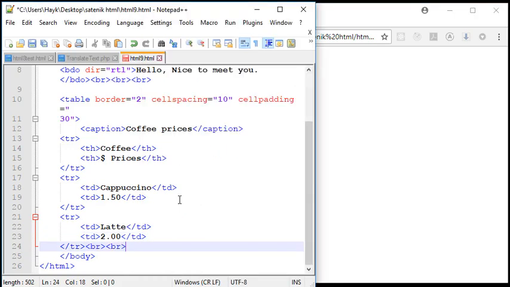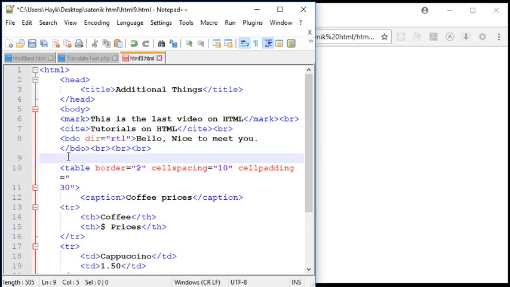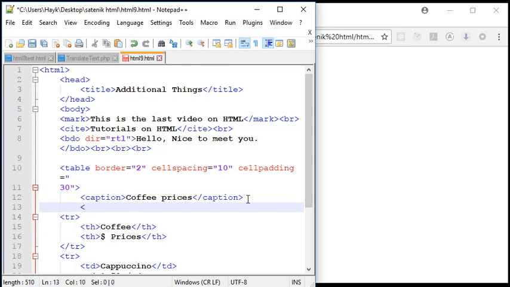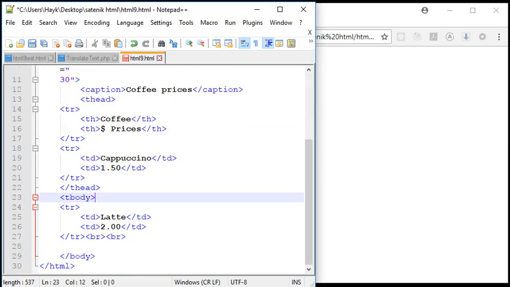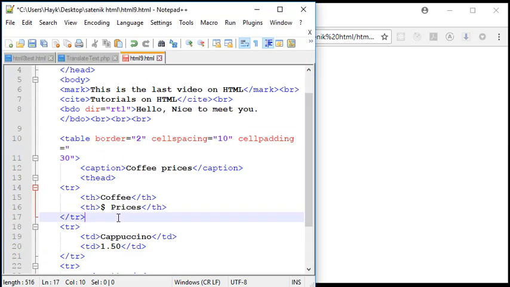So let's talk about the T head, T body and T foot tag. We slightly talked about this in our tables video, so let's just talk about it a little more. So firstly, let's write our T head, T body and T foot tag. So what I'll do is, after caption I'll write T head, and let's close our T head tag over here,